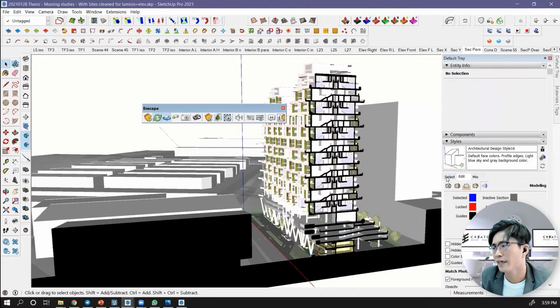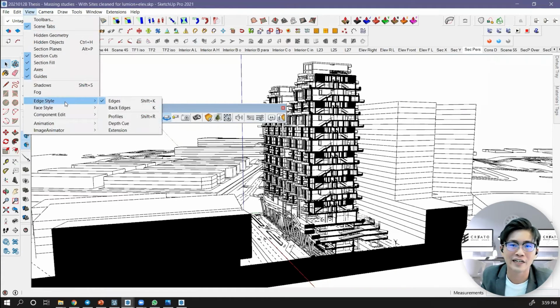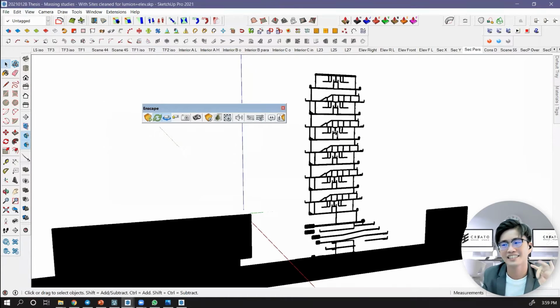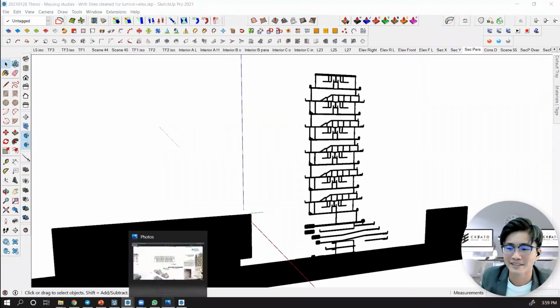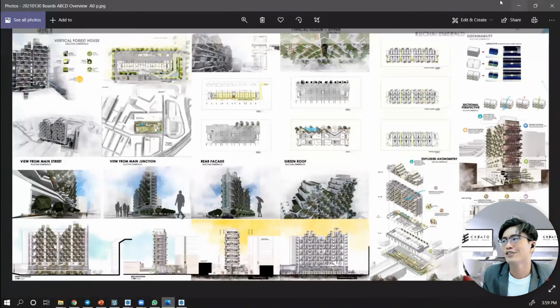Okay, so what I can do, I can go to hidden line. So now no color at all, only line work. What if we turn off the lines now? Yes, this is it. We got only the section plane. So we can export this and then put it together with the Enscape render image just now. So we got the final products. Bingo. All right. Yes, this is question 3.